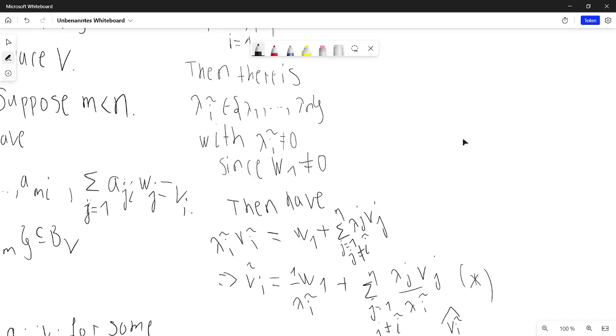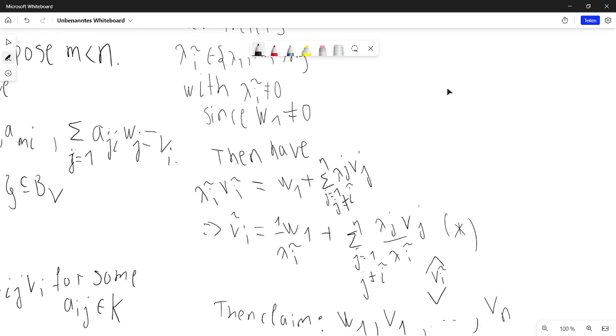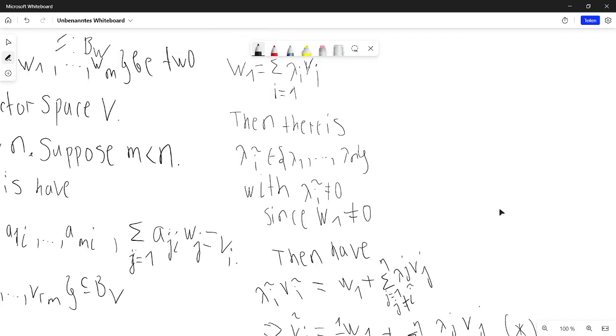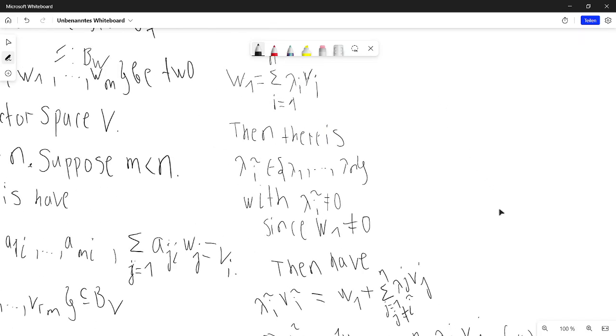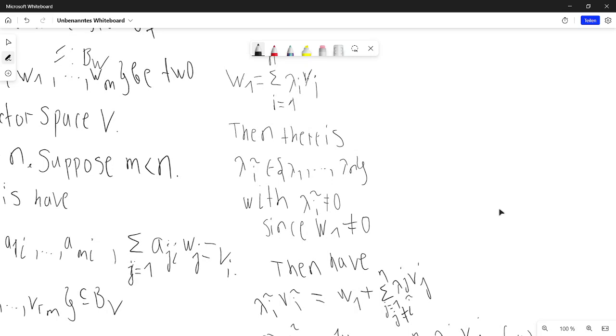But here, just like here, we bring on the other side, that was brought on the other side, right? Or we could just change, for example, here multiply by minus, and here all the lambdas change signs, so